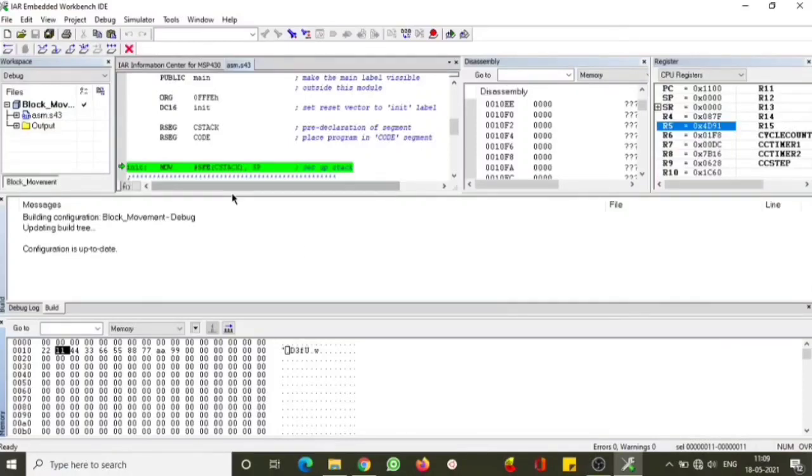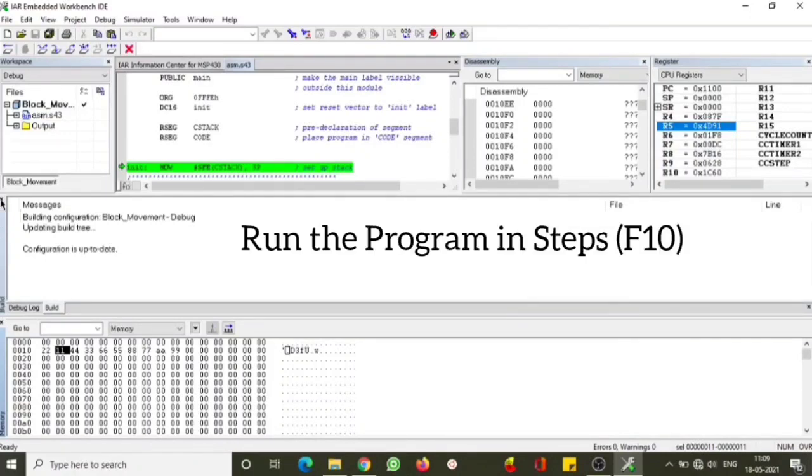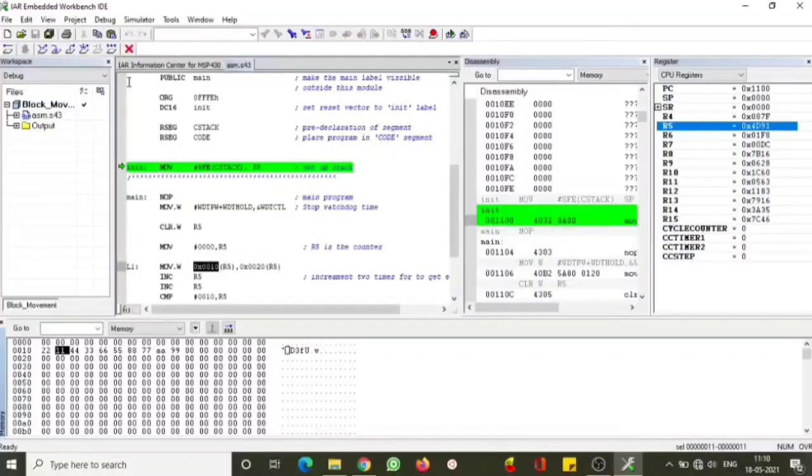Once after doing all these things, you are supposed to execute the program. Since this configuration is done, you don't need to keep this build file open. You can just close it, or you can keep it open, that's not a problem. To run this program, you can run it all at once. But to understand how each line goes ahead, you can go step by step. That is one of the best options you can get.